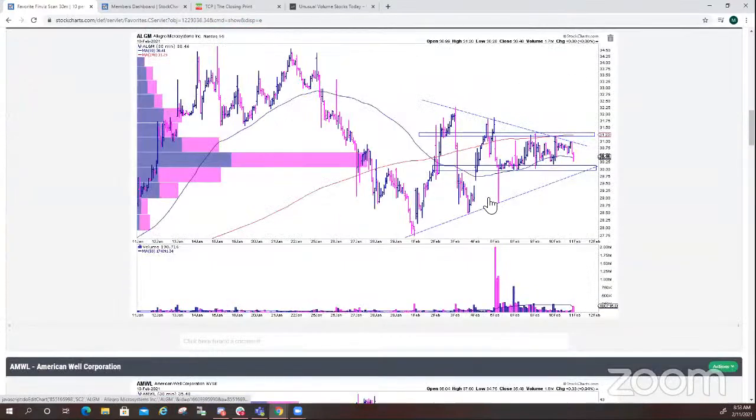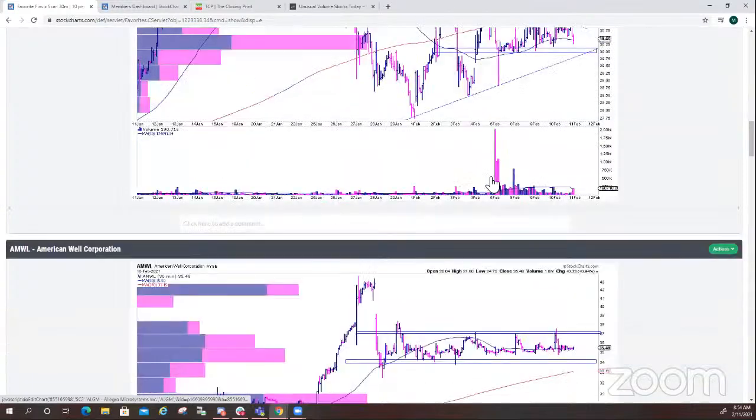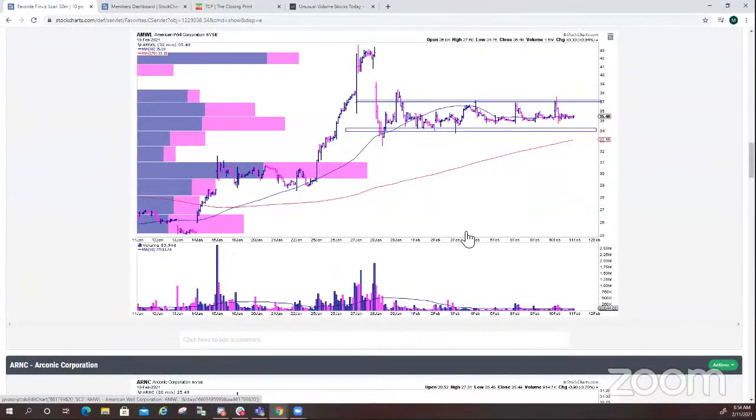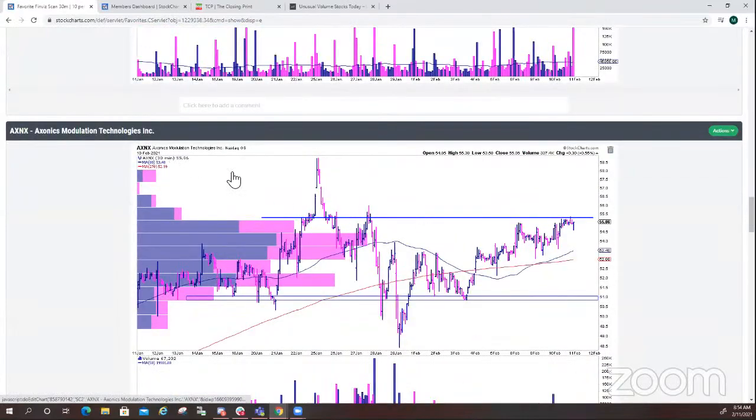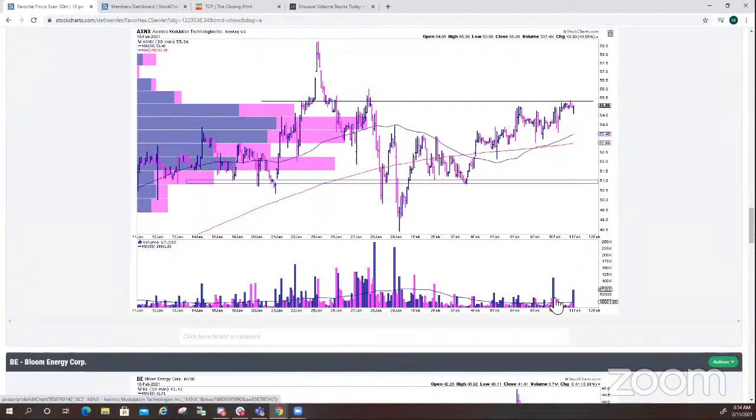After the opening range, you have all these setups. ALGM, possibly setting up a nice kind of wedge triangle there. Big sell volume here, so I wouldn't necessarily look for this to be a long unless it gets back above the 8 and 21 and moves out of these areas. AMWL, just sideways price action there. AXNX, definitely looking for this one today. It might be in play. Big volume on these 30-minute bars yesterday, low volume in this consolidation area. So above this 55.50 area,